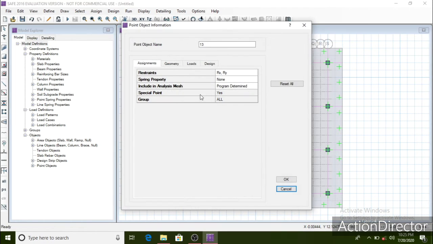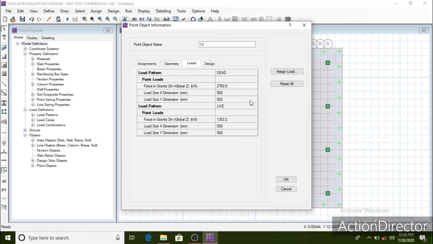You can verify the loads here. So dead and live loads have been assigned properly. Okay, that's fine.